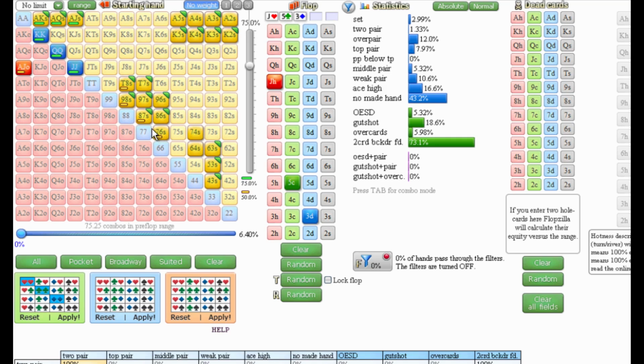And I'm also firing with backdoor flush draws and gut shots, pure backdoor flush draws, and sometimes a pair and a backdoor flush draw. Now I'm also going to be checking back 5s a decent amount of the time to add some value to